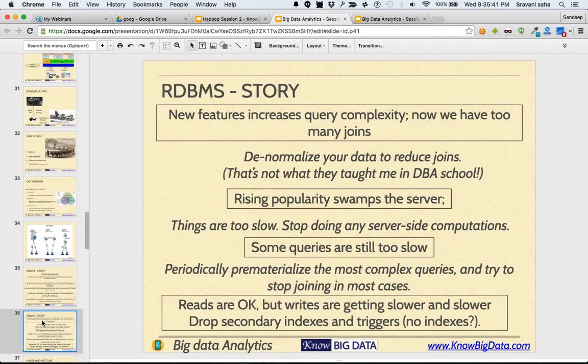Therefore, what we used to do, even at Amazon, we did a lot of such optimization, even today at various levels. When the request comes from the user, we pre-materialize a lot of things. Meaning we pre-prepare the things which our user is going to ask, before the user even asks for it. And we keep on doing that periodically.